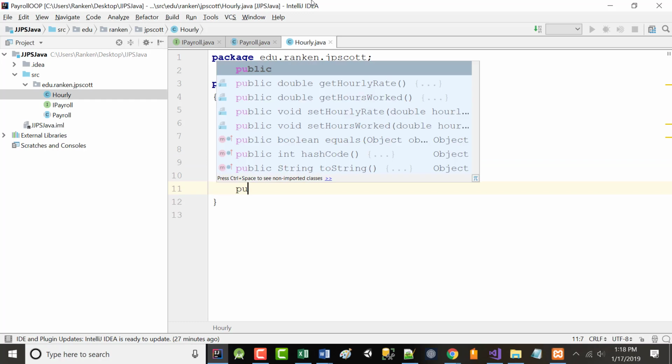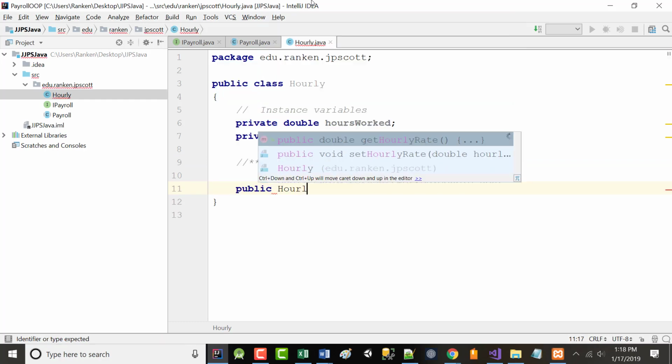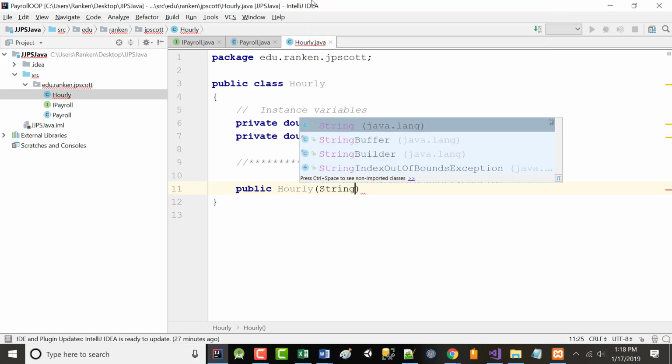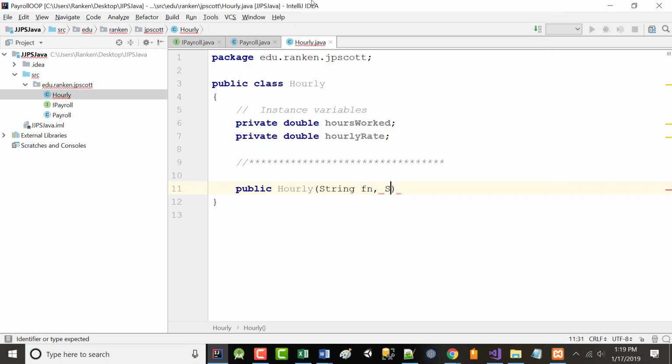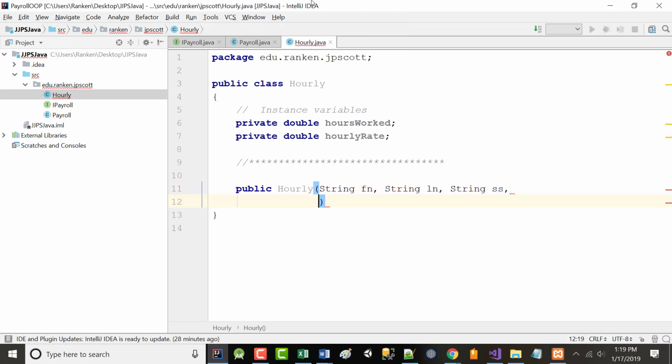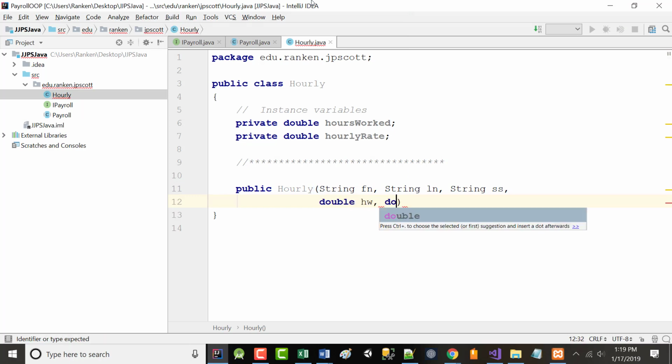So, public hourly, and we're still passing in a first name: String FN, string LN, string SS. Now the new stuff too: double HW for hours worked, double HR for hourly rate.